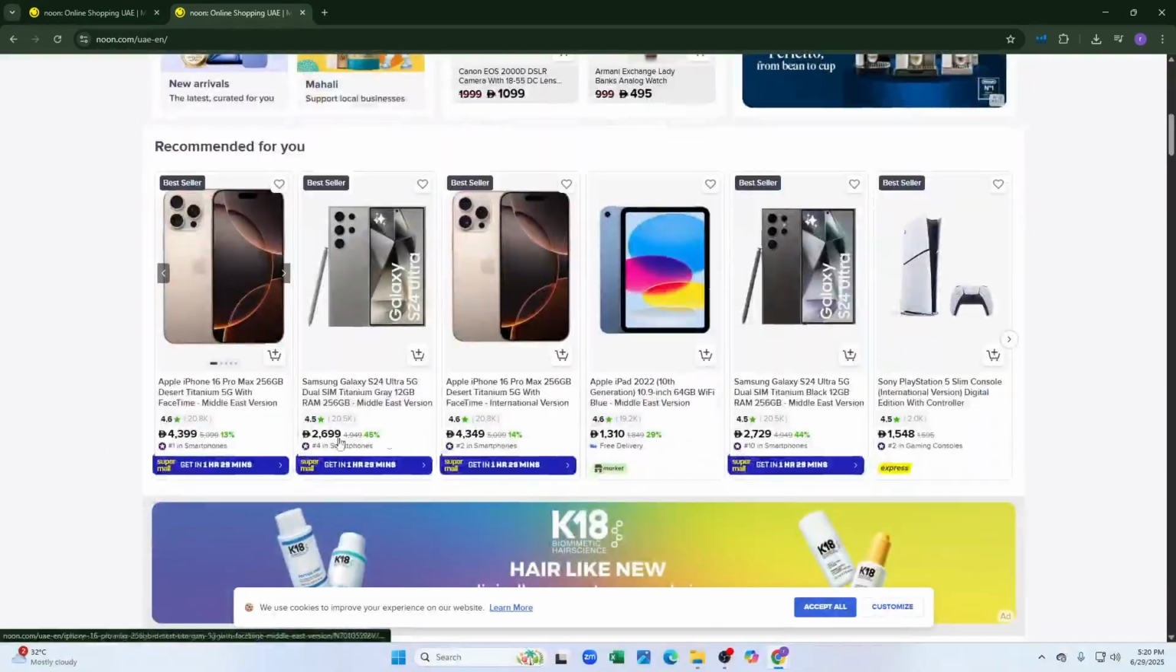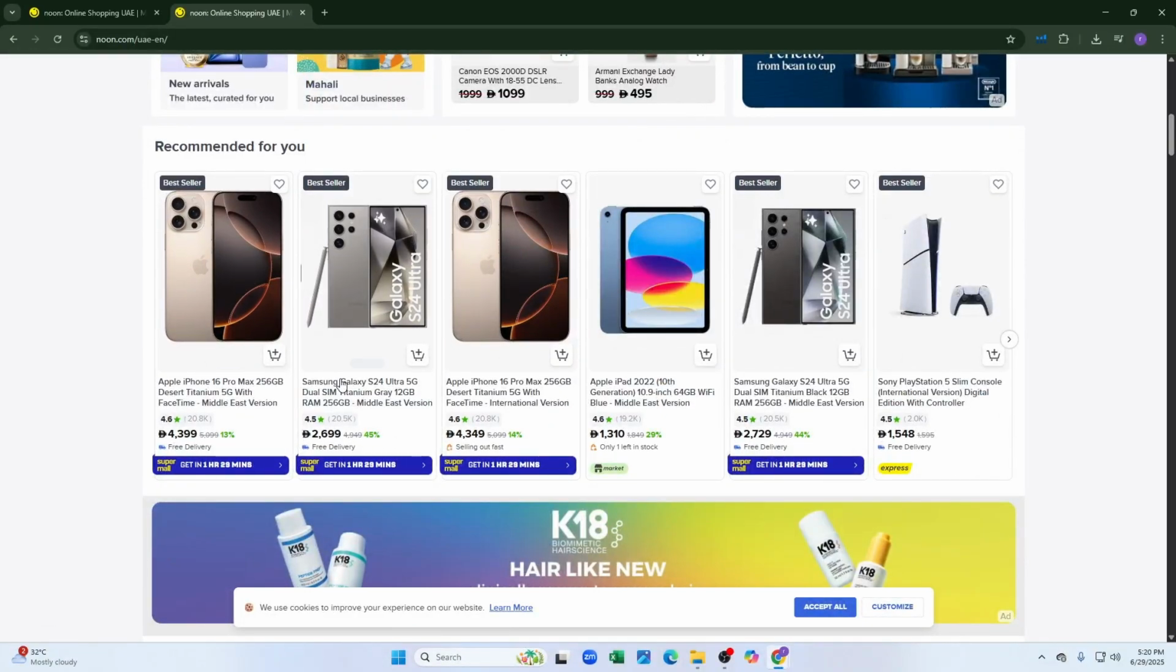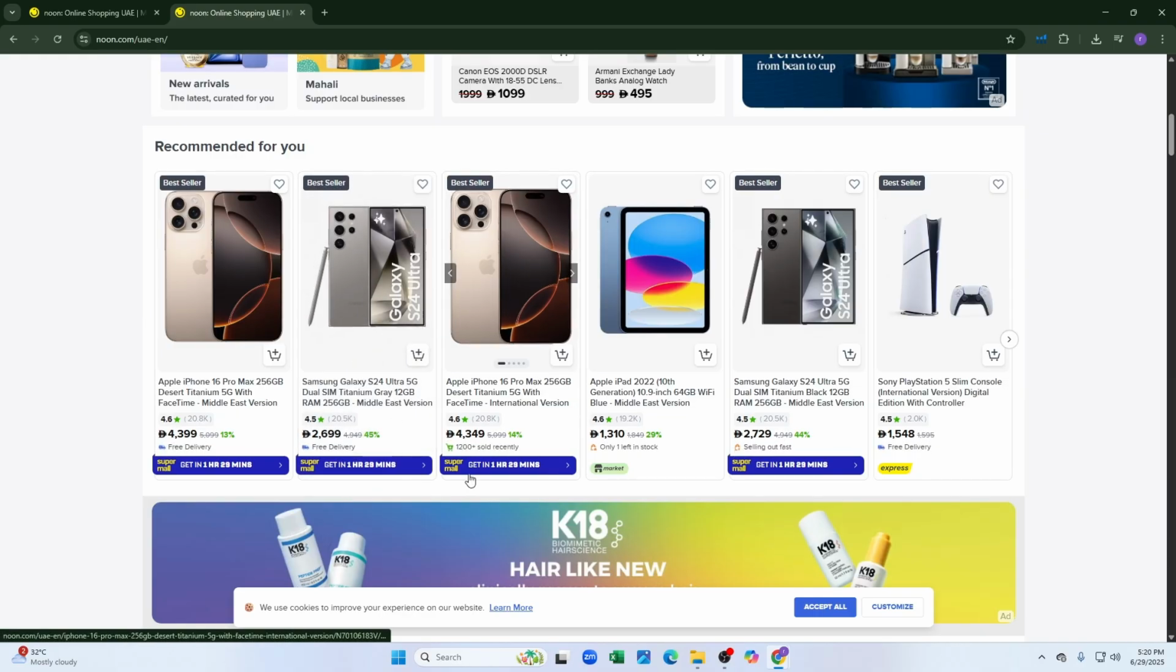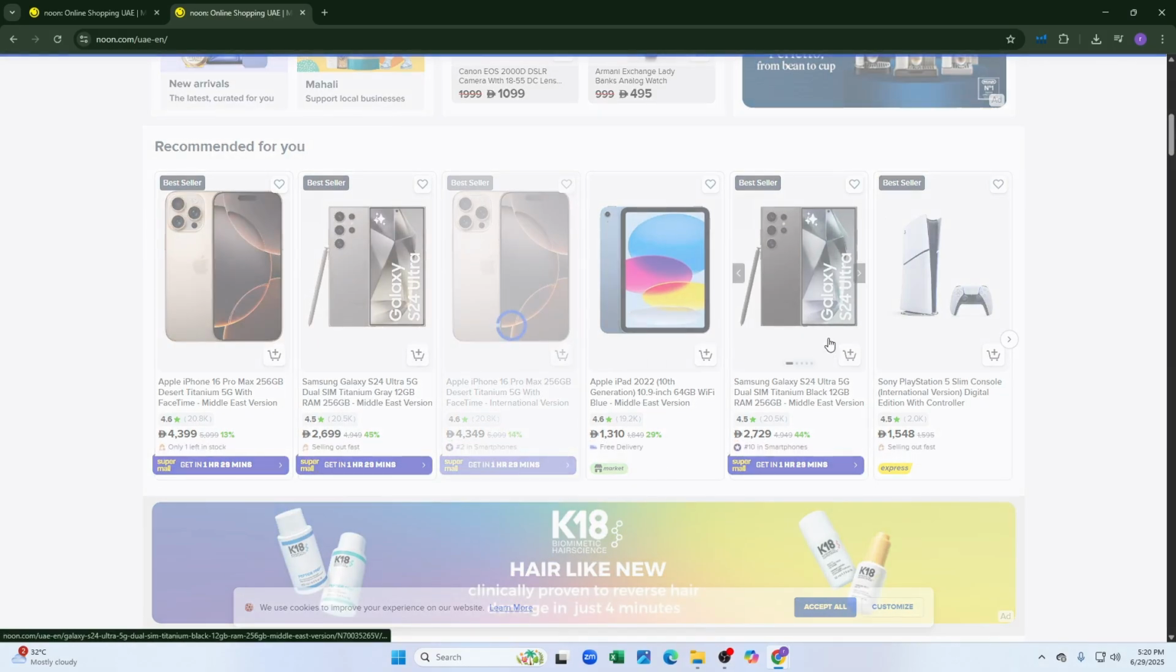That will redirect you to the homepage of their website, and then you can just simply click on any mobile phone. Let's say we'll go for Samsung S24 Ultra 5G. So let's just click on the phone,